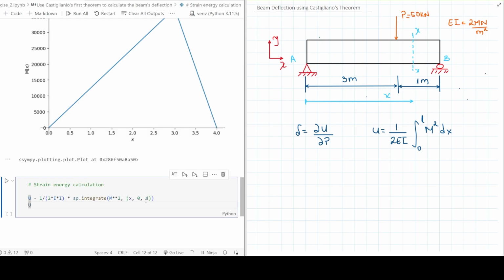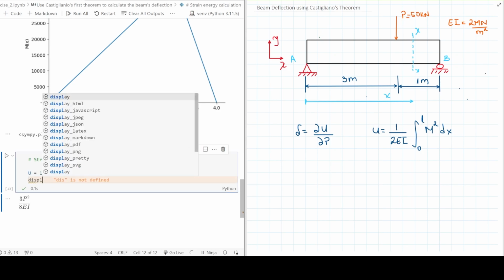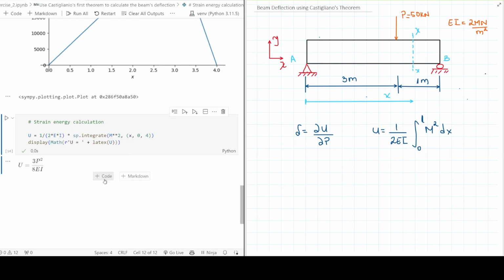And let me plot it to see how much it gives us. Look at this. 3P squared divided by 8EI. Perfect. Okay, let me just display it in a better form. Display, and then we can have it nicely like this. Yes, and then